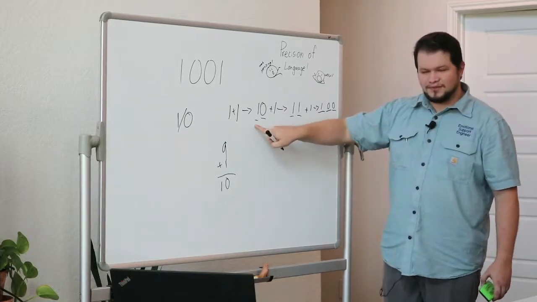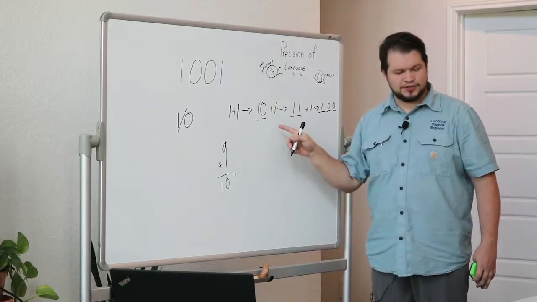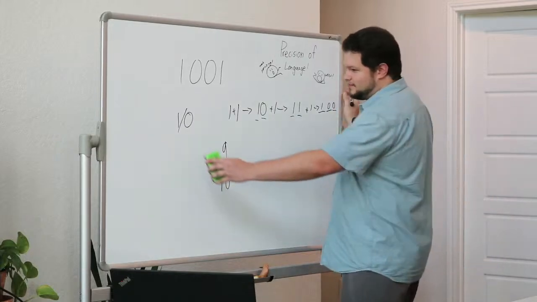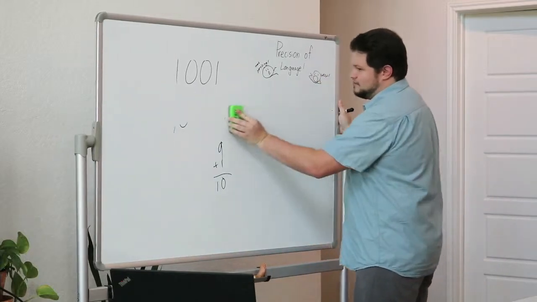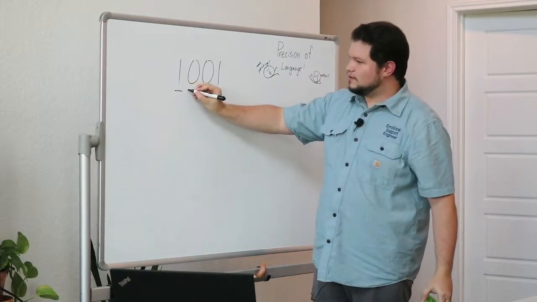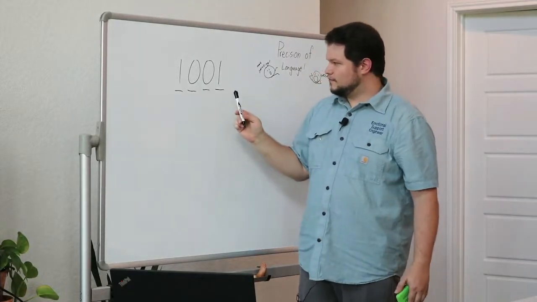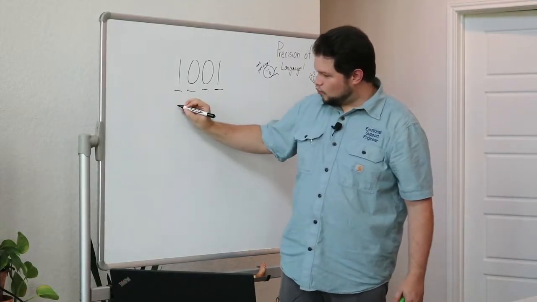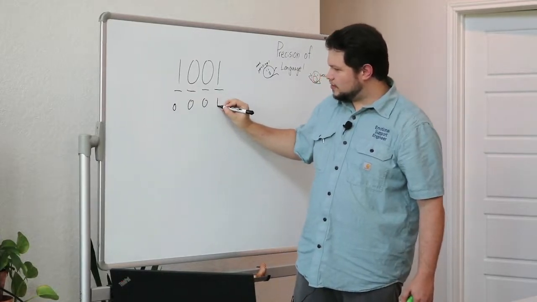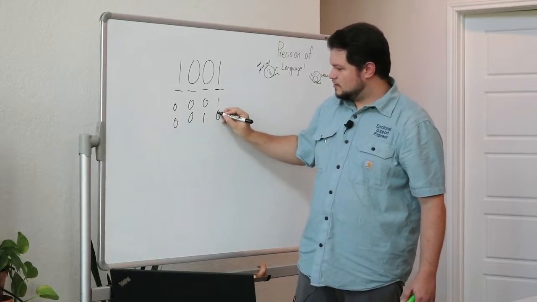Each one of these blanks is called a bit. When I have 8 bits, I get what's called a byte. So 1 byte is 8 bits. In the case of this number right here, there are 4 bits. This is half a byte. And if I was doing 1, it would be 0, 0, 0, 1. If I did 2, 3,